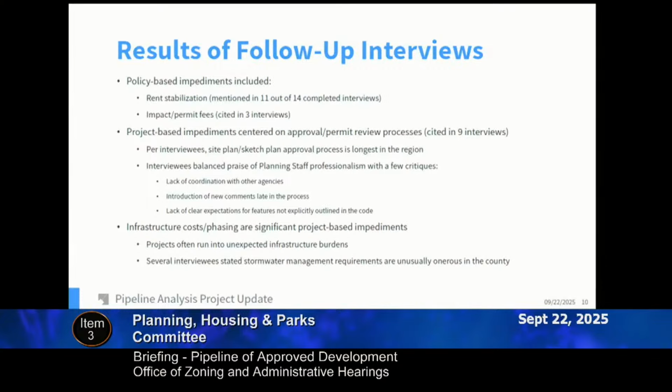So while we continue to try to work to understand what percentage of approved units this can be expected to represent, it's important to remember that approvals are always the upper limit. You can always build less, but you can never build more than what you're approved. So the main takeaway from the interviews is that this issue is not monocausal. There's no one silver bullet. Projects are stalling due to a variety of impediments, often due to multiple overlapping impediments, market, policy, and project specific.